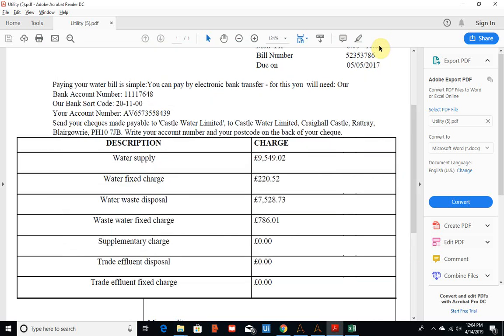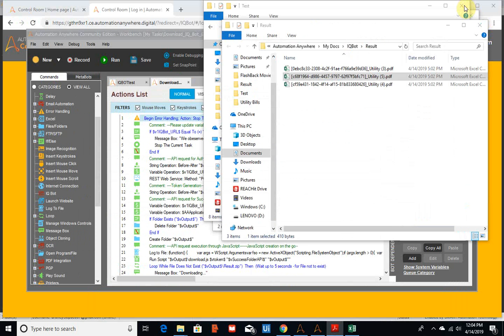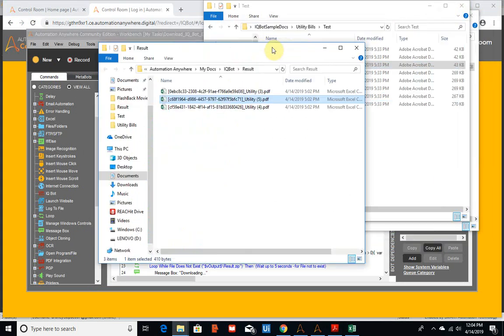So we can use the same concept at scale to train and extract information from documents of different types, not just PDFs, but also JPEGs of some format, and the concept is the same. Okay, so I hope this introduction to the Metabot and the community edition of the IQBot from Automation Anywhere shows it is one of the best and easiest to learn cognitive automation tools for anyone. There are good documentations available for free from Automation Anywhere University. I hope you guys go and try it out